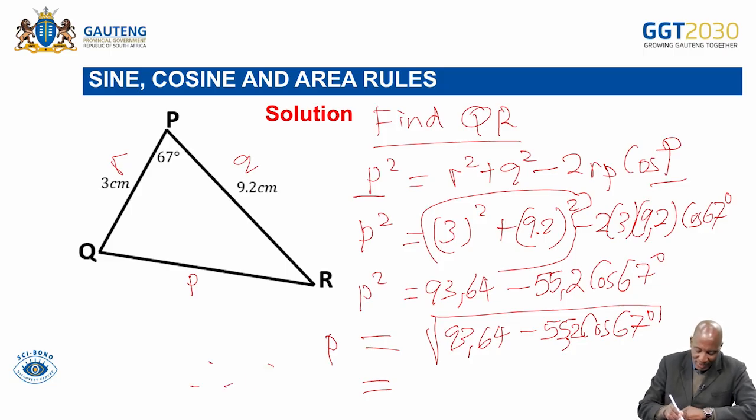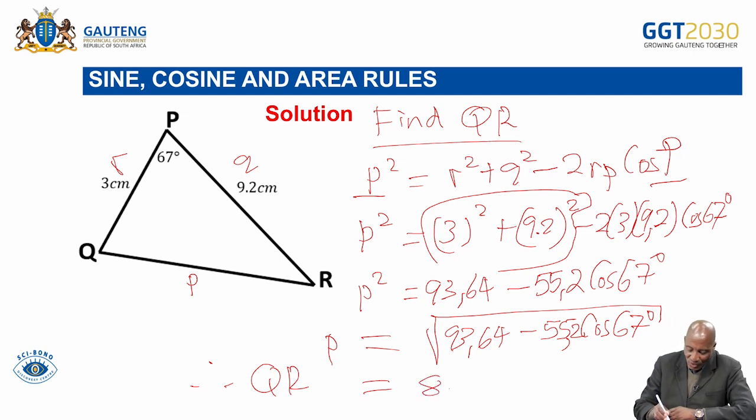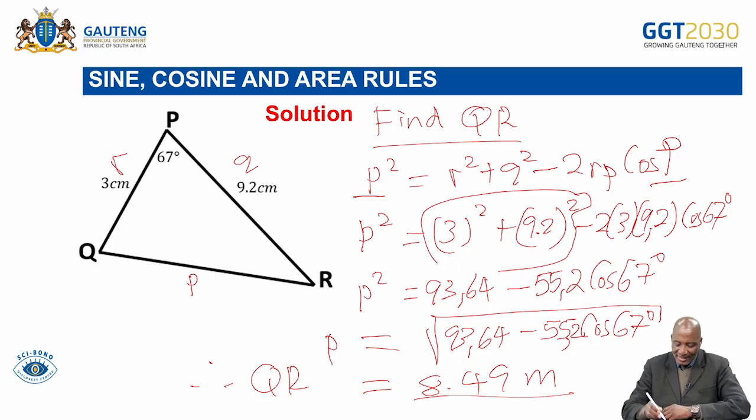Therefore, our QR will then become, let's punch, yes, I'm getting 8.49 centimeters after rounding off. That is the length of QR. You apply the cosine rule. Then we move on to the next question,